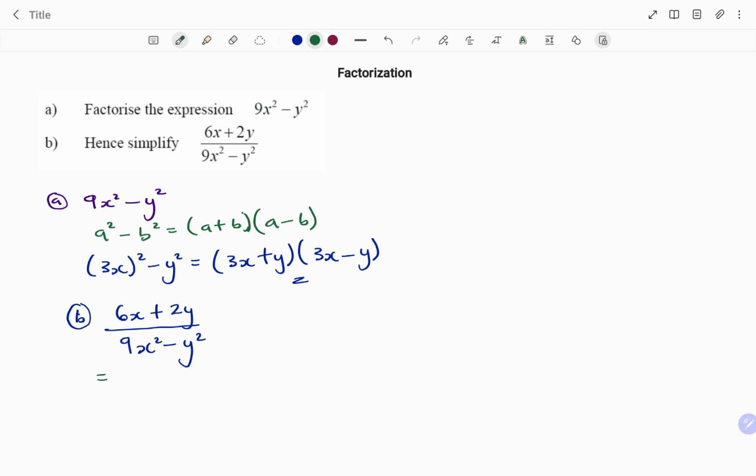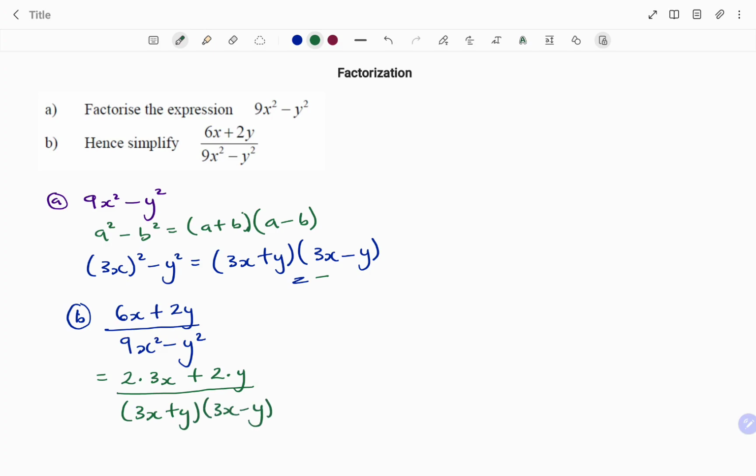If I break down 6x, that will be 2 times 3x plus 2 times y at the top. At the bottom, I'm going to use the already factorized expression, which is 3x plus y,